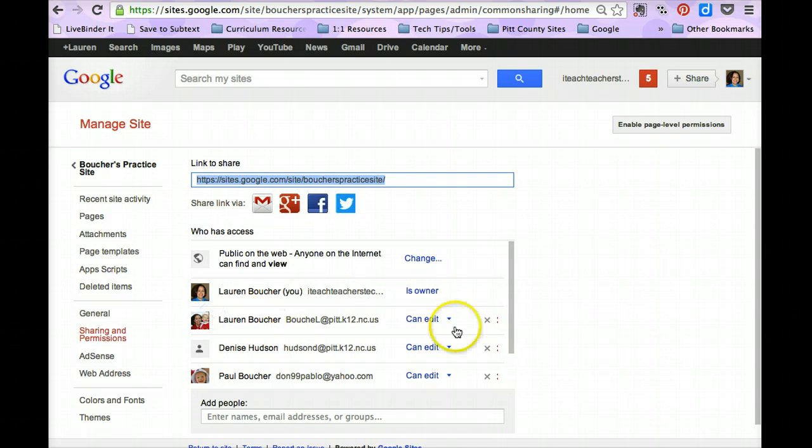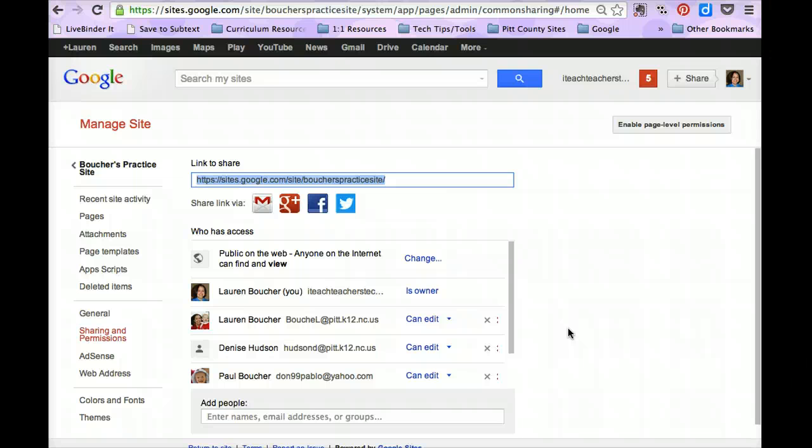to save. But let's say that you have pages on your website that you only want one or two people to be able to edit. Maybe a blog page. You want to have guest bloggers or something like that. Those are called page level permissions, meaning they're different settings for the individual pages than it is for the site